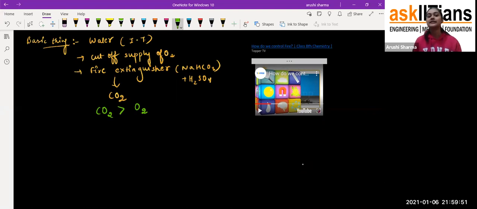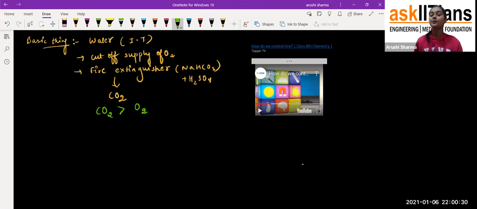And even the students, you have seen these red colored cylinders, fire extinguishers, everywhere. If you go to any public place, like malls, cinema halls, schools, or offices, you have always seen fire extinguishers present there. We just have to use the fire extinguisher so that the carbon dioxide, because it is heavier than oxygen, covers the fire in the form of a blanket. That cuts off the supply of oxygen, and you can observe that the fire is controlled at that point. So these are some points which you can use.